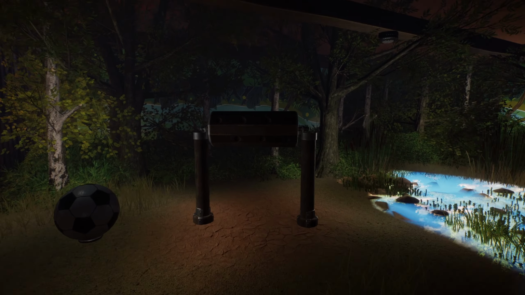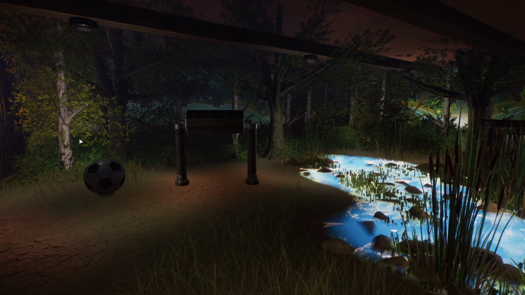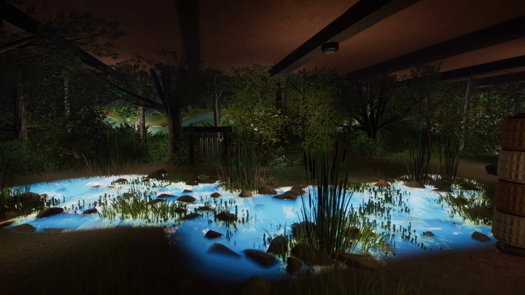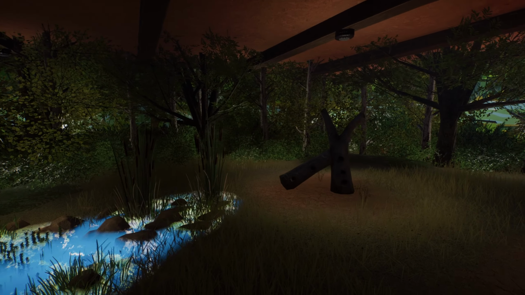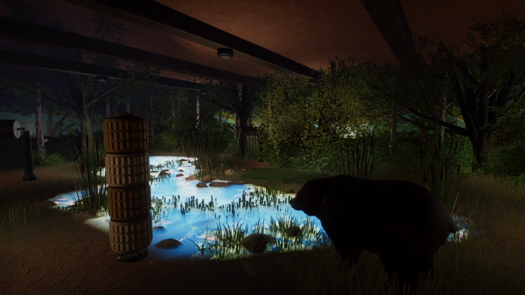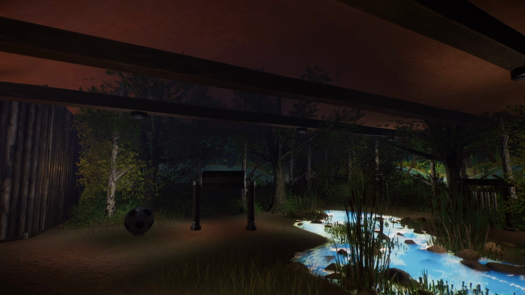So I took the murals that we got from the aquatic pack and then a bunch of foliage and tried to add some depth and make it look like a forest through there. So I think it works pretty well. I think it turned out pretty cool. But yeah, so